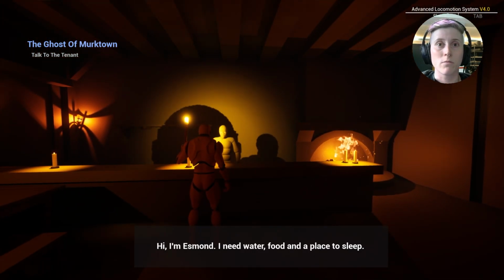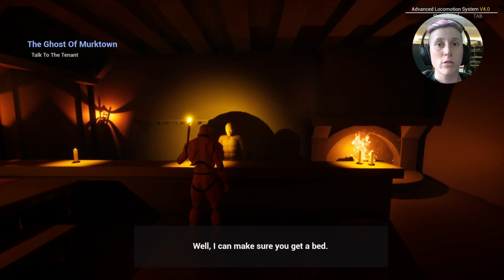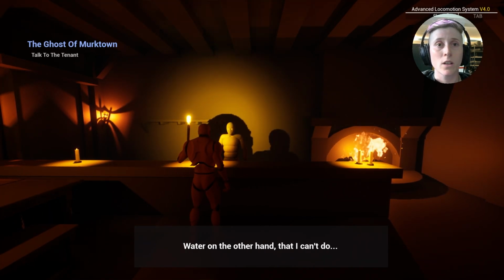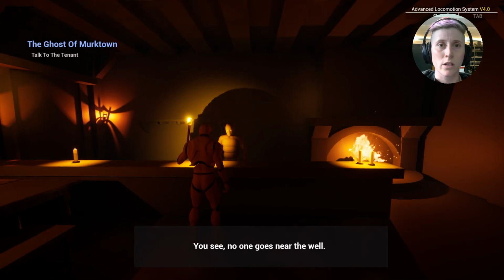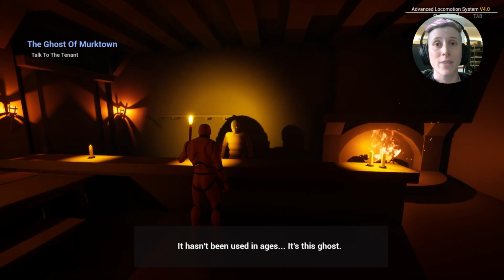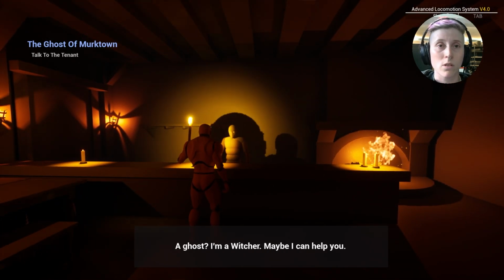Hi, I'm Esme. I need water, food, and a place to sleep. Well, I can make sure you get a bed. The food isn't great, but I can do. Water, on the other hand, that I can't do. Why? You see, no one goes near the well. It hasn't been used in ages. It's this ghost. She's attacking everyone. A ghost? I'm a witcher.